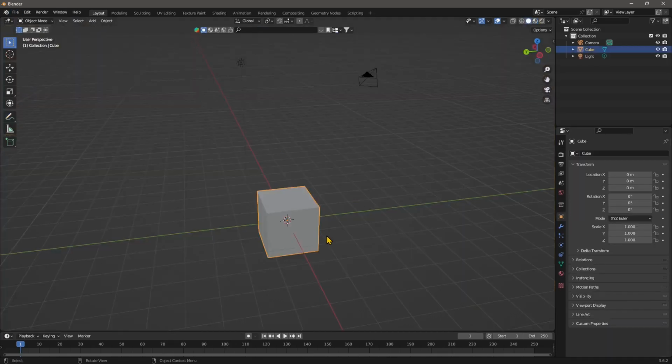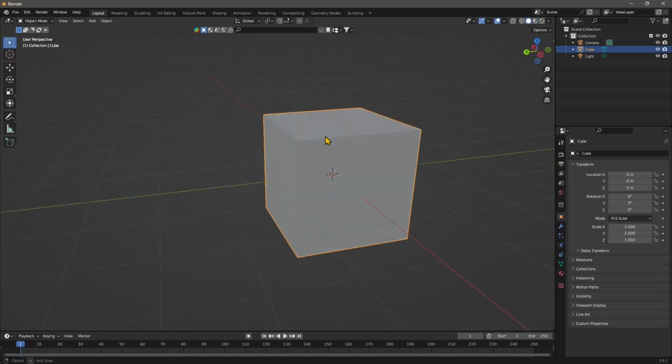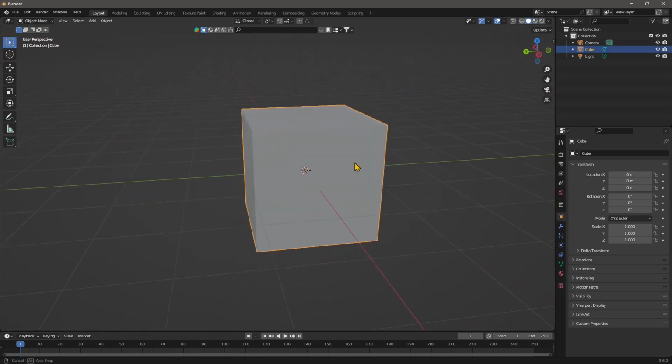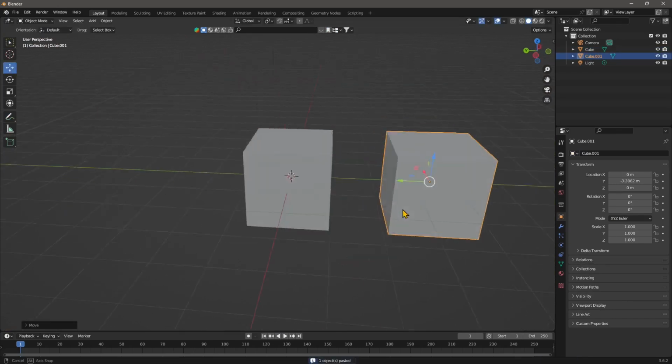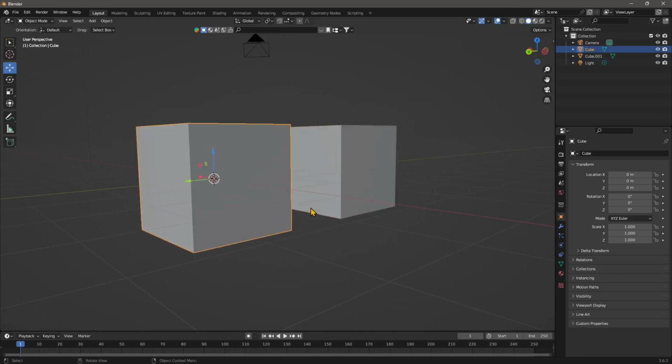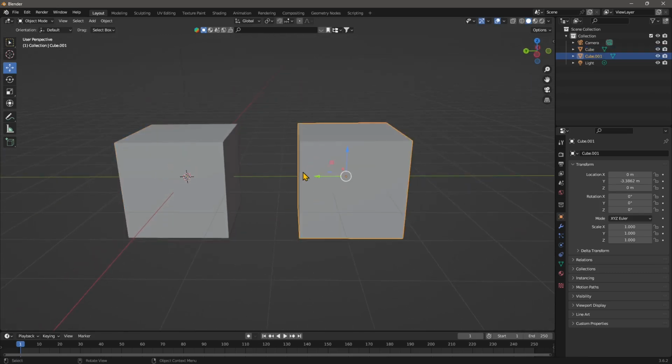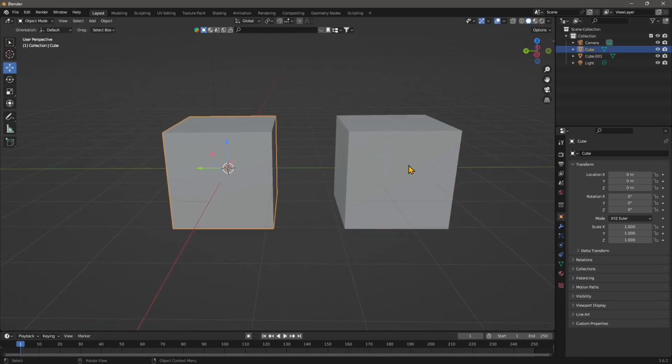I'm gonna create a new general file, so you have the standard cube here in Blender. And let's copy this to create two cubes. So Control C, Control V, and I'm gonna move this aside. Let's first create a material for this, and then we are gonna create another one for this. So the first one will be with the